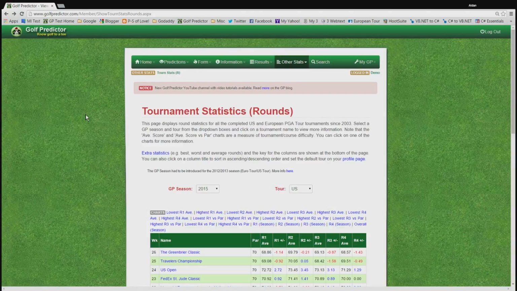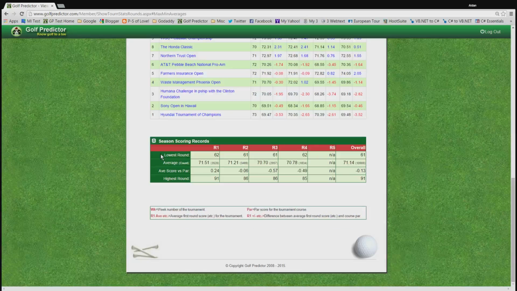I've just realized that I forgot to cover some very interesting and useful stats on the Tournament Statistics Rounds page, so this brief tutorial is to cover that gap. As you see here in the preamble to the page, there is a link to some extra stats available on this page. So you can either scroll down manually or press on this link to go directly to